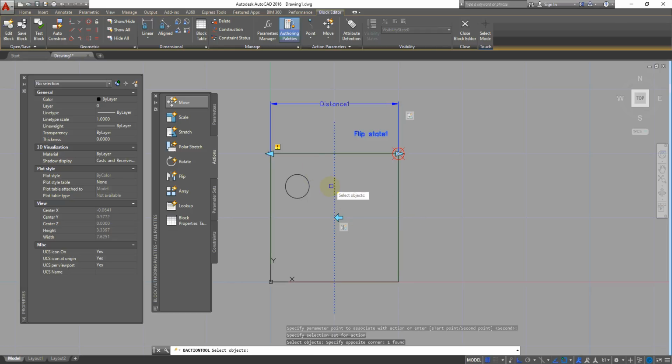If I need to retain the distance between this flip action and this circle, then I should be moving this also. Otherwise I can just leave it. Now press enter key. Now you have this move action here associated with this parameter, which is moving this flip